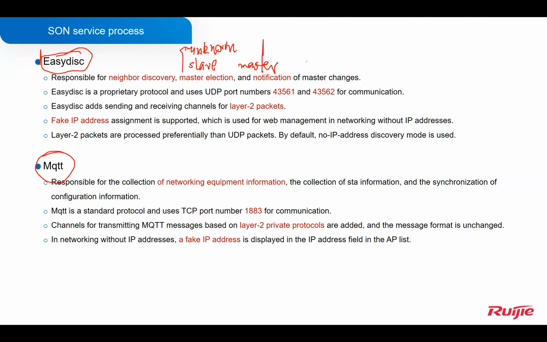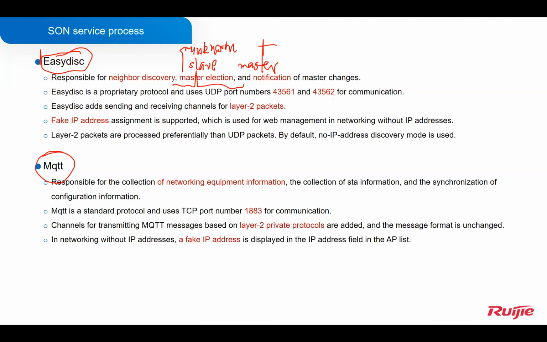So now about this AP, we have to compare the AP MAC address. If the MAC address is bigger, then this device will become master. So this is the master election. And for EasyDisk, actually, it uses the ports 43561 and 43562 to do the master election and to do